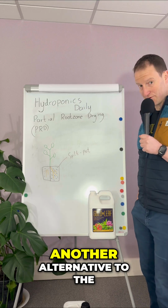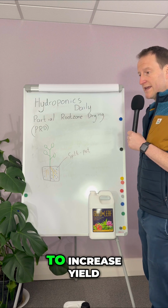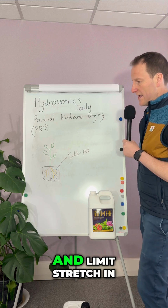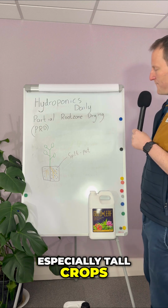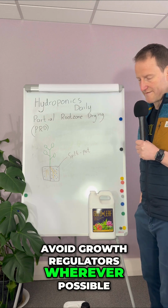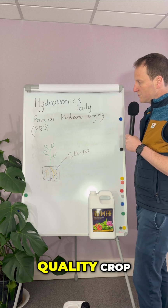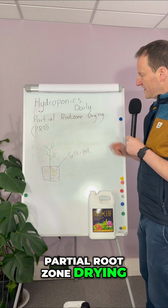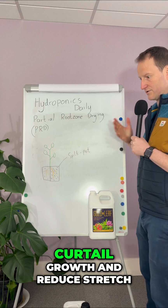Today we're talking about another alternative to the use of growth regulators to increase yield and limit stretch in hydroponic crops, especially tall crops. So we want to avoid growth regulators wherever possible. They're hazardous to your health and they produce a lower quality crop. Partial root zone drying is a way of stimulating the natural hormones in a plant that curtail growth and reduce